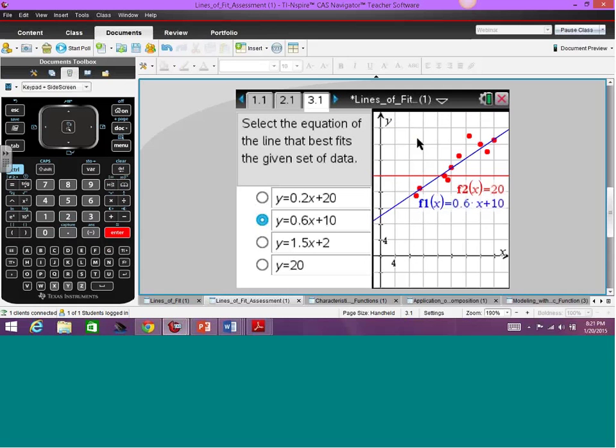And you can also see some discussions here. If you notice, the scale of 4 is left on the graph, which means that we're basically looking at a square graphing screen here, and we don't have to worry about skewing the slope. So we can start talking about, well, do we think the slope is going to be greater than or less than 1? And we can start to have those discussions too. So the student has lots of options as to how they want to utilize technology in this to be able to get their answer. And then finally over to 4.1,